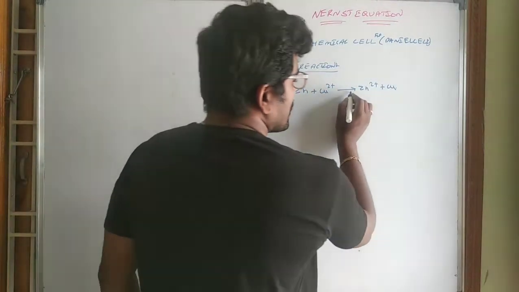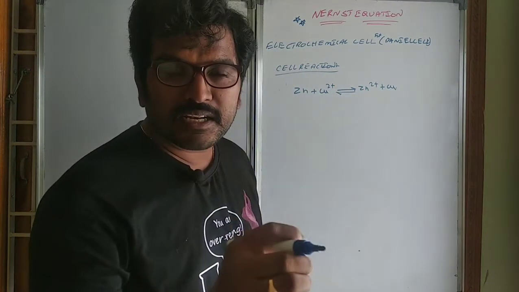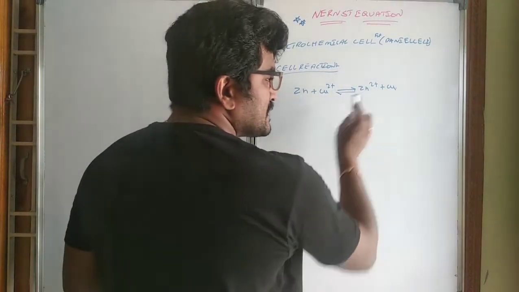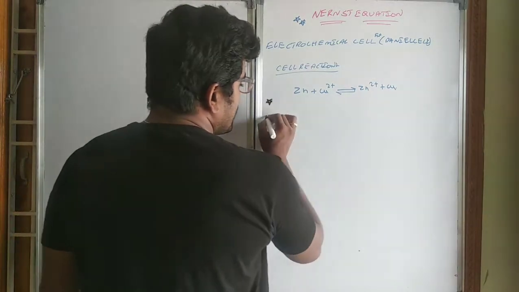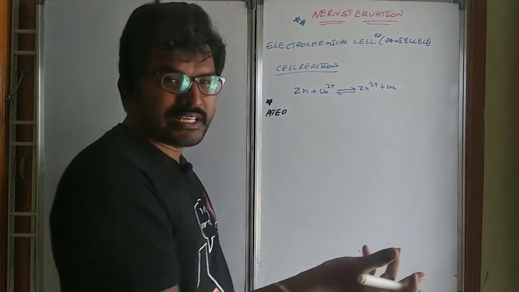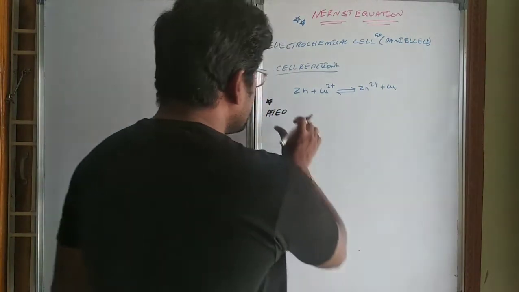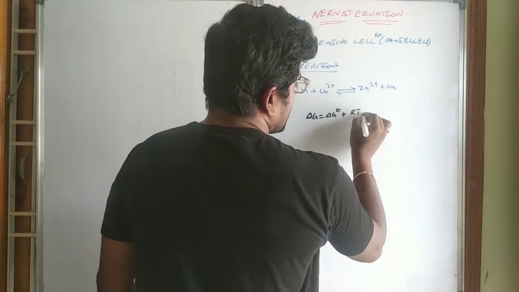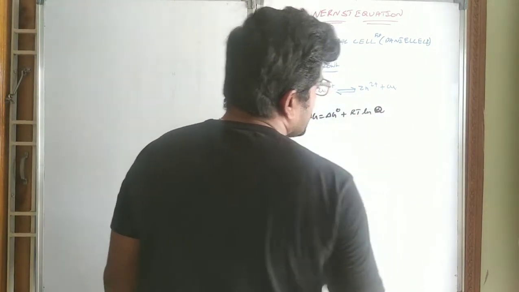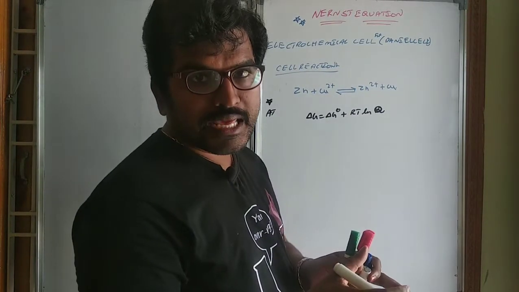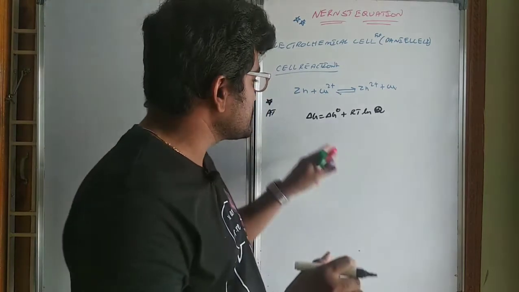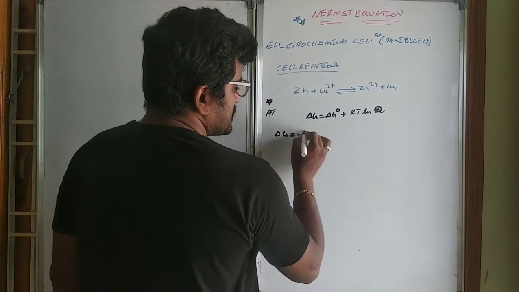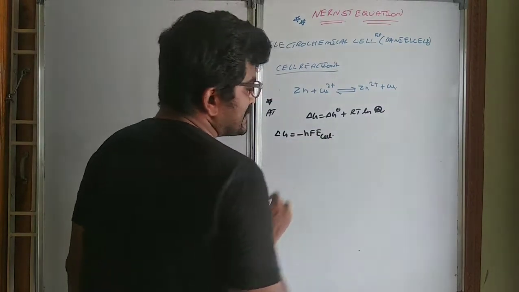In the Daniell cell, or whatever the cell reaction is, every cell reaction is considered a reversible reaction. Since it is a reversible reaction, at equilibrium or at any point of the reaction, you can have the thermodynamic relationship delta G equals delta G naught plus RT ln Q. For any reversible reaction, the Gibbs free energy relation is delta G equals delta G naught plus RT ln Q. Delta G is equal to minus nF E cell.